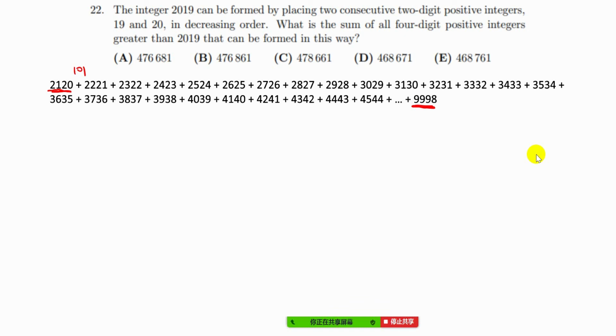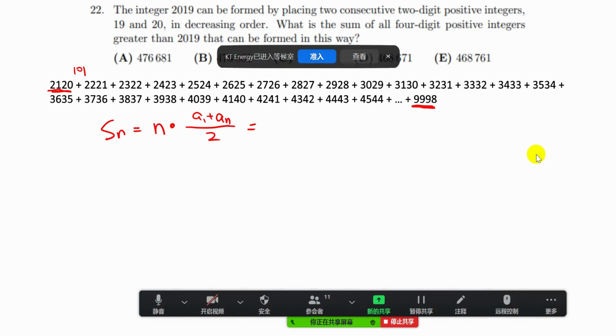So this would be an arithmetic sequence, and if we want to find the sum of some of the terms in the arithmetic sequence, we can use this formula: Sn equals n times (a1 plus an) divided by 2. So over here, n would be the amount of terms in the sequence in total. So we know that it ends at 9998, starts at 2120,